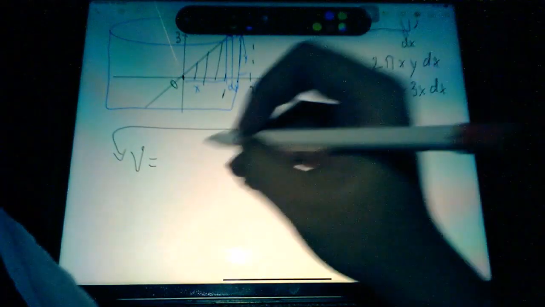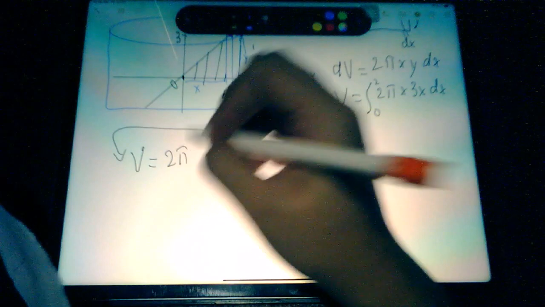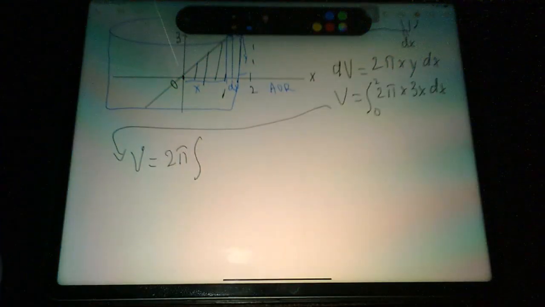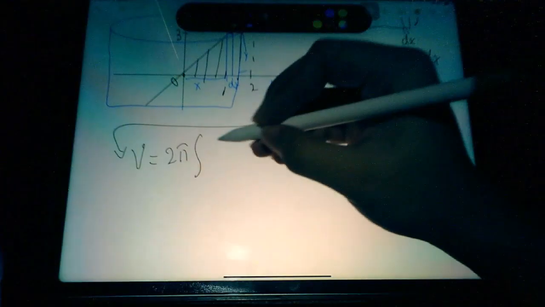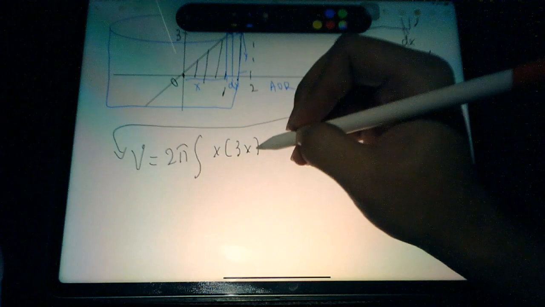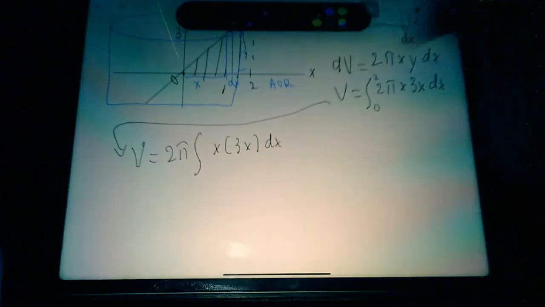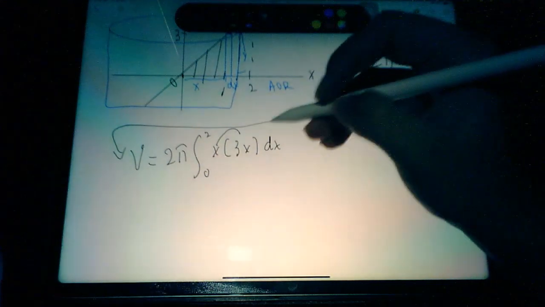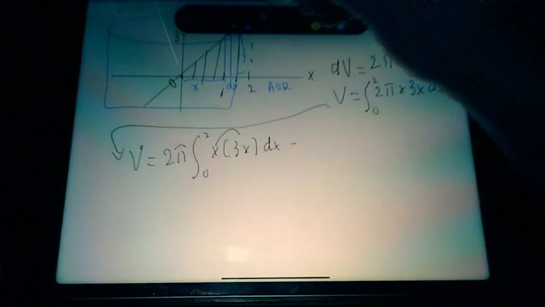Volume is equal to, let's take out 2 pi, and then the integral of 2 pi from x times 3x dx, with limits from 0 to 2. So by distributing this, x times 3x is just equal to,